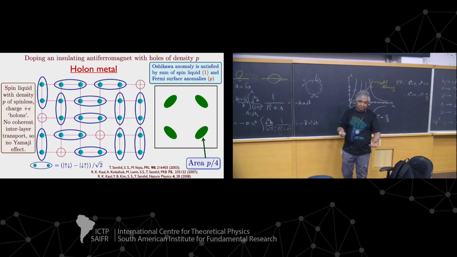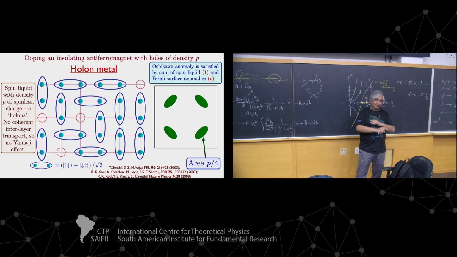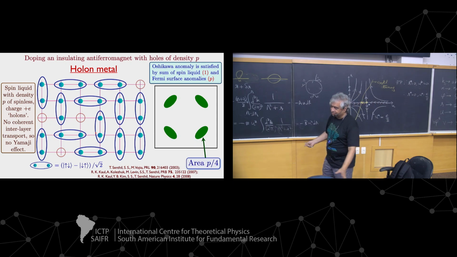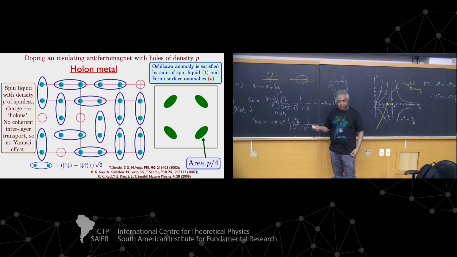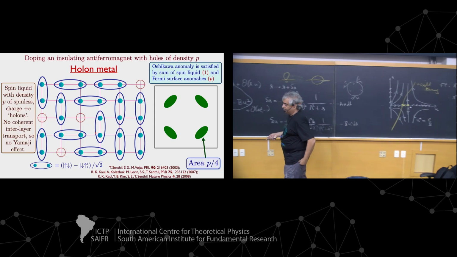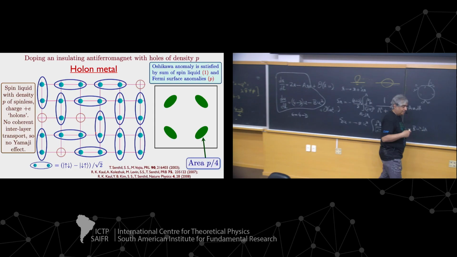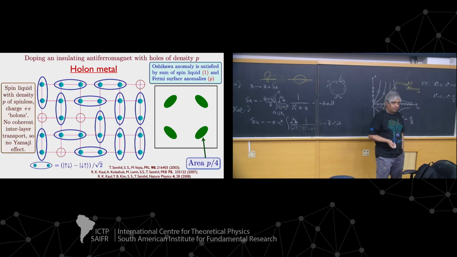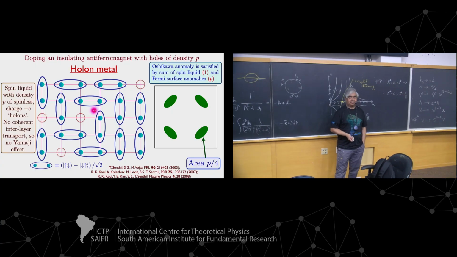It's what we call a holon. It's an emergent particle. If you write down a full theory, it carries a gauge charge. It's emergent gauge charge. It's only possible because the spin liquid is there and has long-range entanglement. Then you can have this holon particle in it. But this particle could be a fermion. And if it's a fermion, it will form a Fermi surface. Every fermion at finite density must form a Fermi surface as long as the global charge symmetry is conserved, by the Oshikawa anomaly. So what is the area of this Fermi surface formed by this holon?